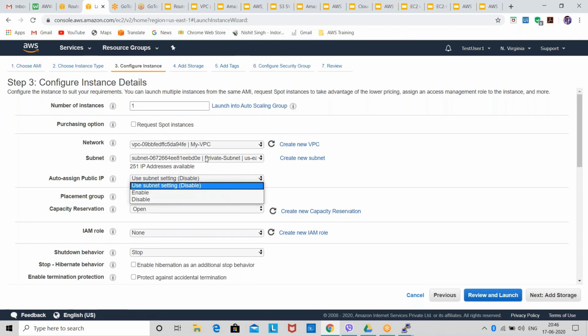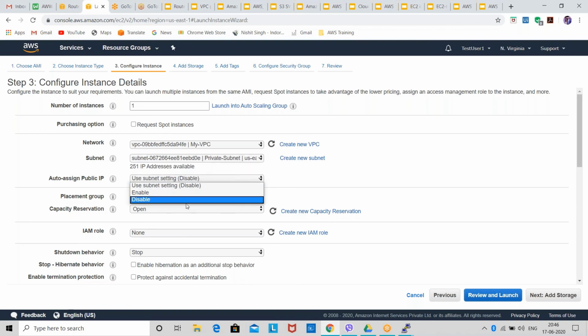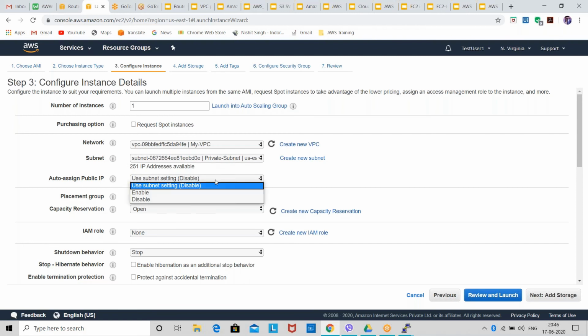If you are creating it in a private subnet, disable it. I have already created an instance in a public subnet, so I'll create one in a private subnet, and I'll disable auto assign public IP. For the public subnet, you have to enable it.